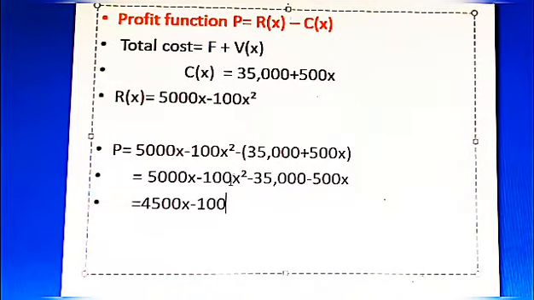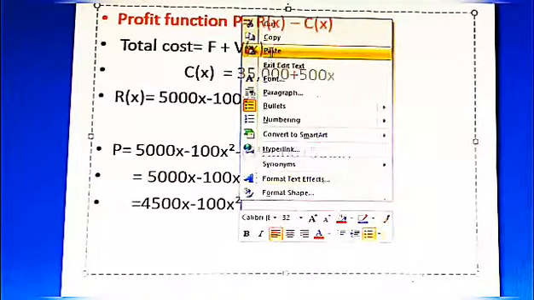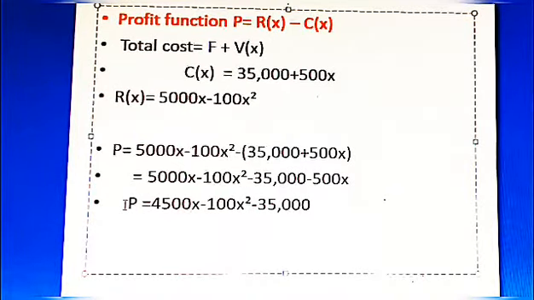There is no other like terms. So minus 100x square, and then you have the constant minus 35,000. So this is your profit function. Okay, you can check the answer. Moreover, you cannot do much alterations here. We'll stop till here. Okay, students. So this is your profit function. But further we can simplify, because all three are divisible by 100. Right? But even if you stop here, it's completely fine. Okay, this is your profit function. We cannot add, we cannot subtract further, because all three are different variables, different terms.